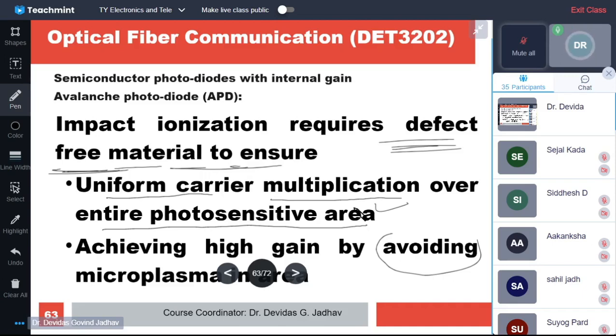But what will the examination give? Achieving the low gain by avoiding the microplasma. C. Both A and B. And in a hurry, having attempted a similar question as achieving high gain, you hurriedly select C. What is the answer? Achieving the low gain by avoiding the microplasma is not correct. So both A and B are not correct. So what is correct? Only A. Now your answer changes to A. So this is the way difficulty is created, just by interchanging some terms.